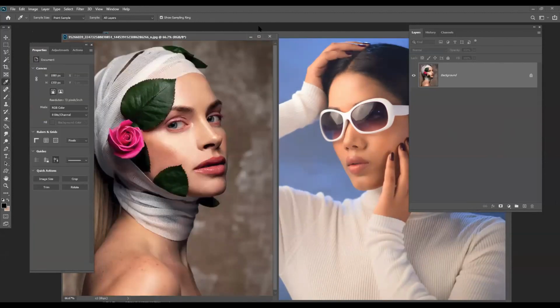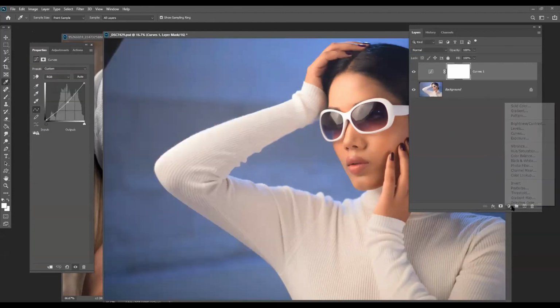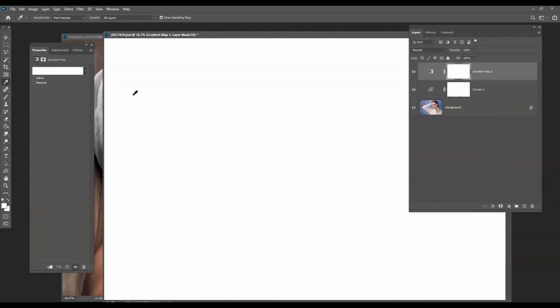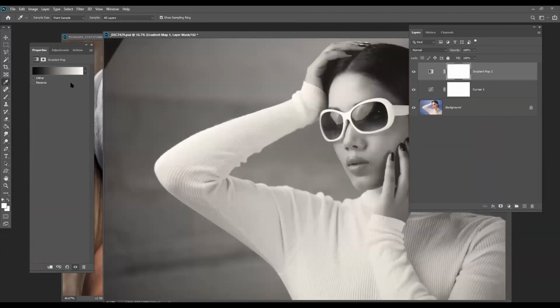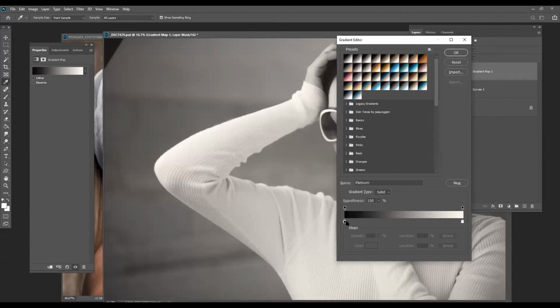Okay. Now what we do, we take a basic gradient and create our 5 points of gradient.